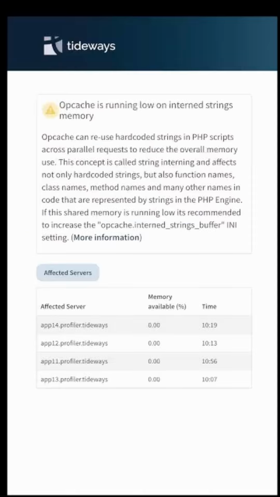Or use a tool like Tideways that collects this across all your application servers, aggregates it, and notifies you if